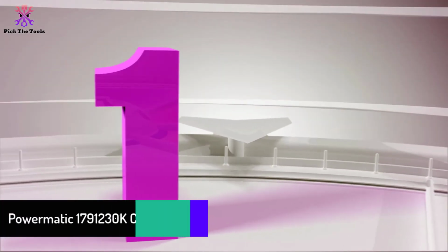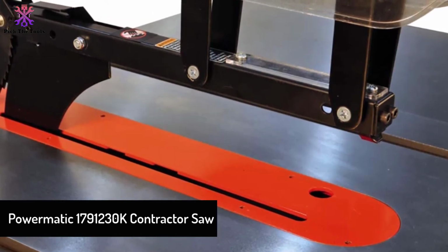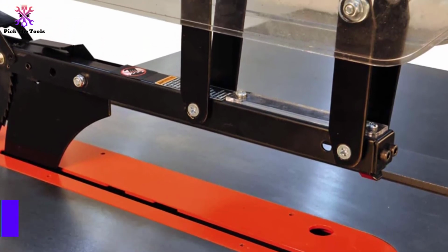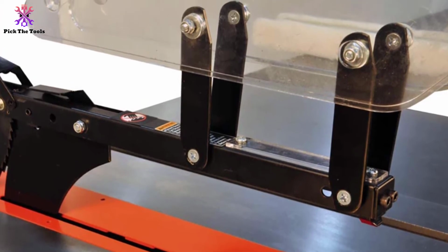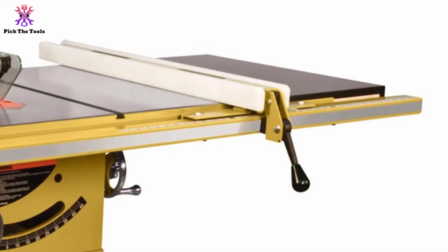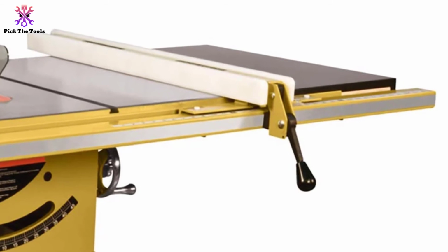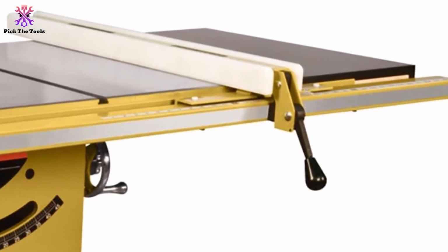And finally, at number 1, we have the Powermatic 1791230K contractor saw. The Powermatic 1791230K is one of the best contractor saws you can ever get your hands on today, no questions asked. It comes with cool features that make working with it not only easy but satisfying in terms of the accuracy of the work. It's equipped with one of the best table saw fences, the AccuFence system, which is usually found